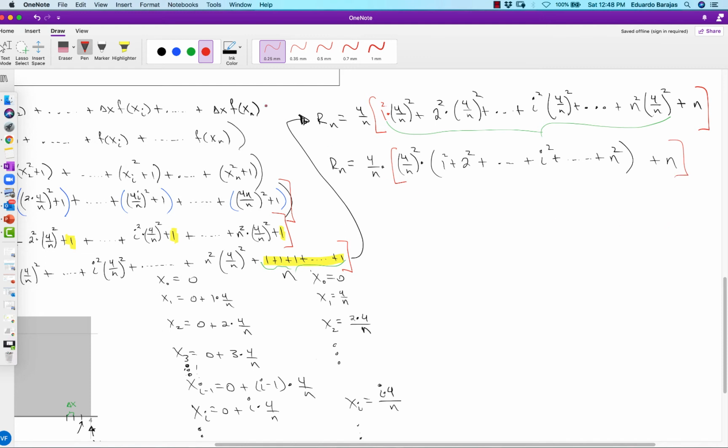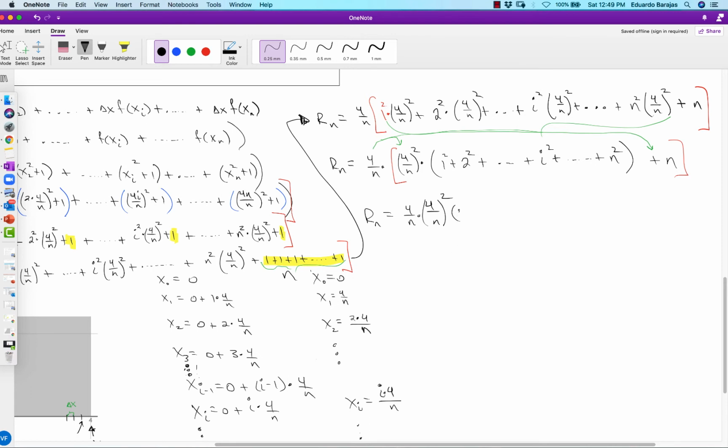Okay, ugly. Now we're going to distribute this 4 over n times this term and then that term, right? So the 4 over n multiplies times the product of these two, and then the 4 over n multiplies times that term over there. So we get that r sub n is then equal to 4 over n times (4 over n) squared